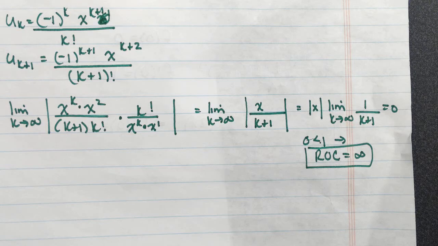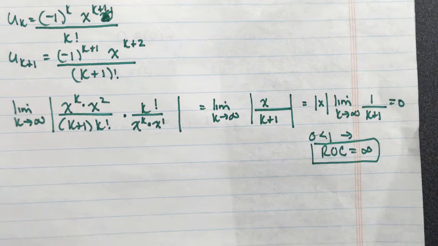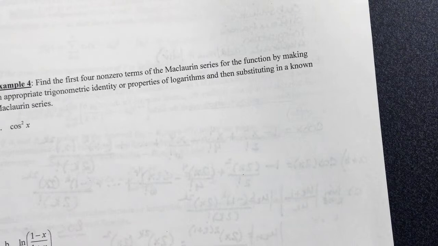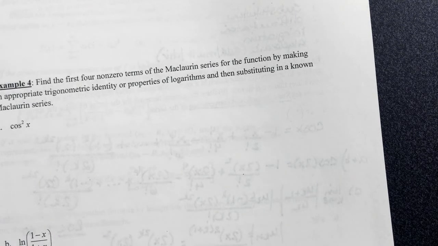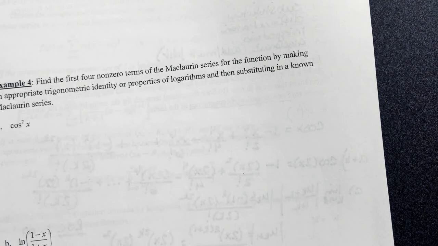So you guys go ahead and try the next one for me. So we have sine of x squared. So again, starting with sine of x, see if you can find your Maclaurin series for sine of x squared. Now remember, this one you're not multiplying, you're actually going to be taking out the